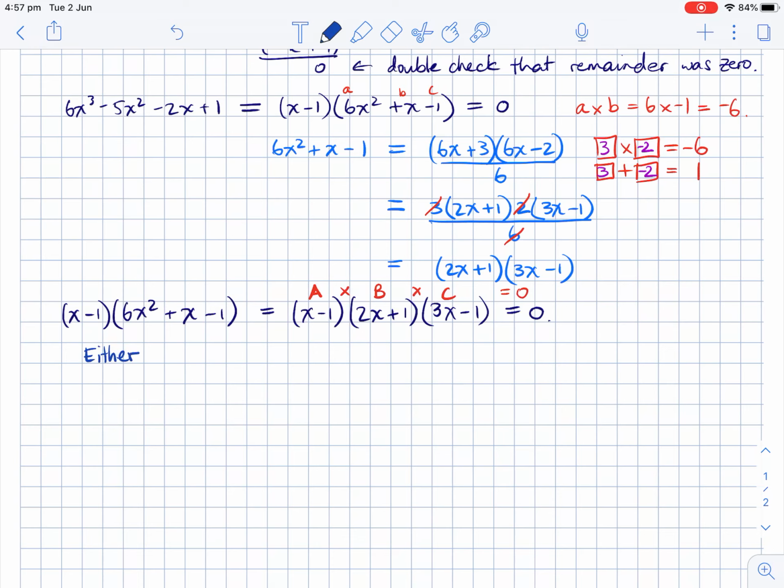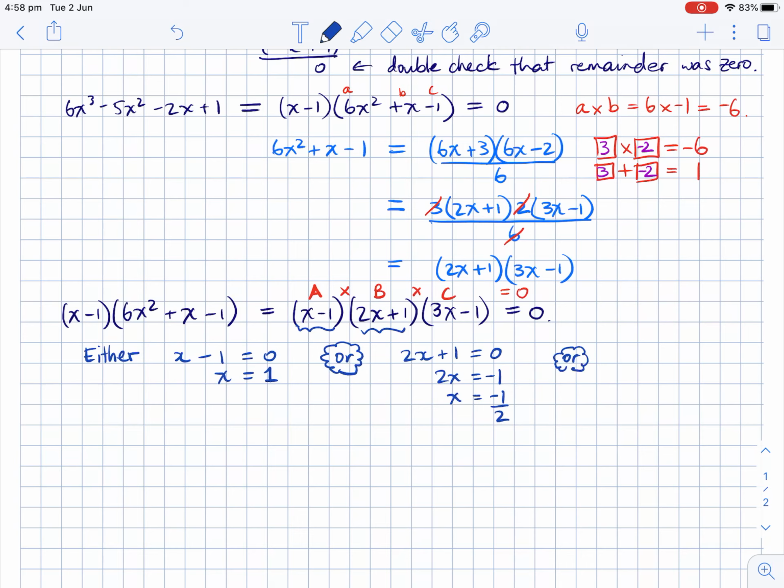Either the first factor is 0, so x minus 1 equals 0, and then I can solve this linear expression to say, well, then x has to equal 1, or my second linear factor has to equal 0, so 2x plus 1 equals 0, so 2x equals negative 1, or x equals negative 1 on 2,